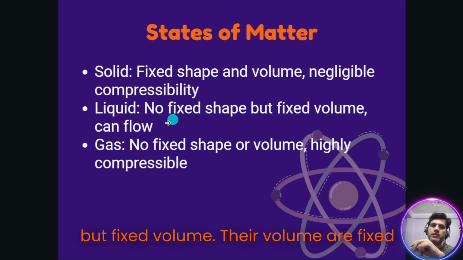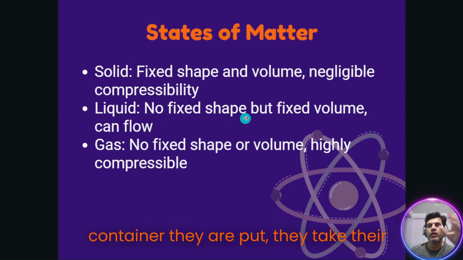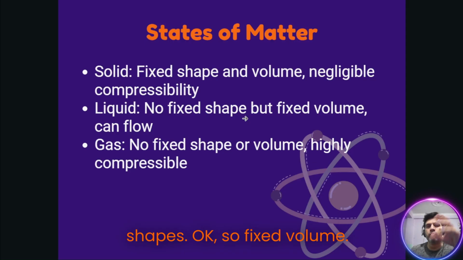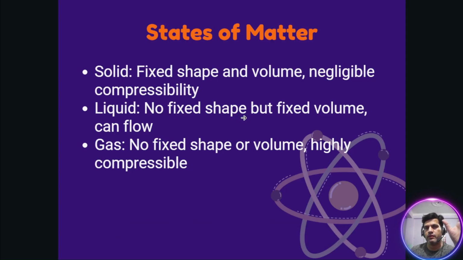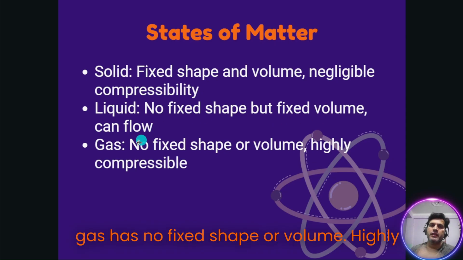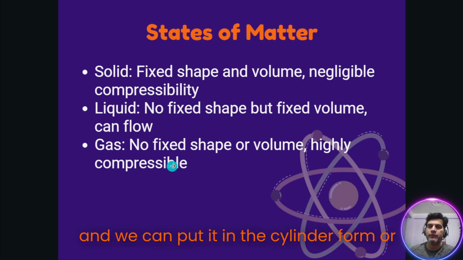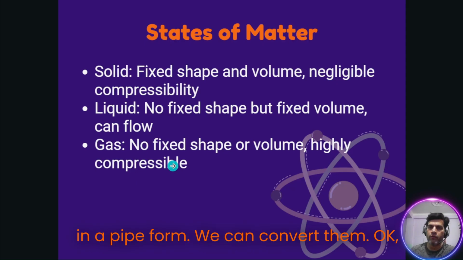Whatever container they are put in, they take its shape. And gas has no fixed shape or volume and is highly compressible. We can compress gas and put it in a cylinder or in a pipe. Okay,